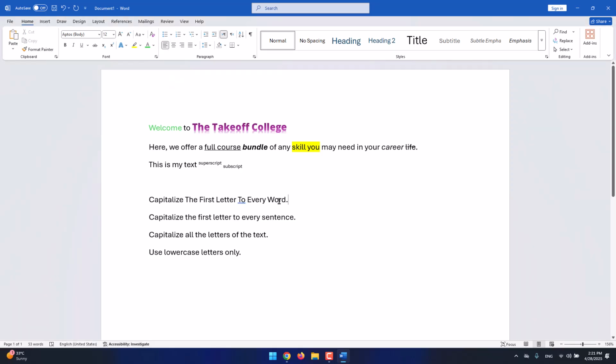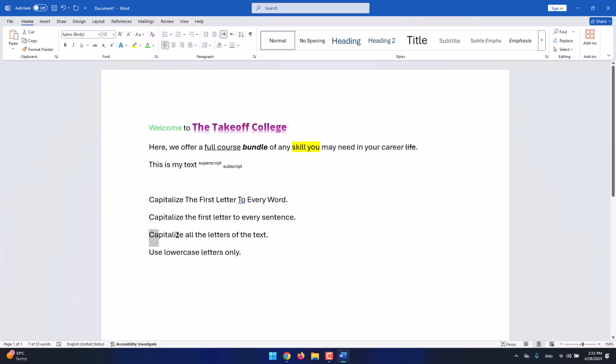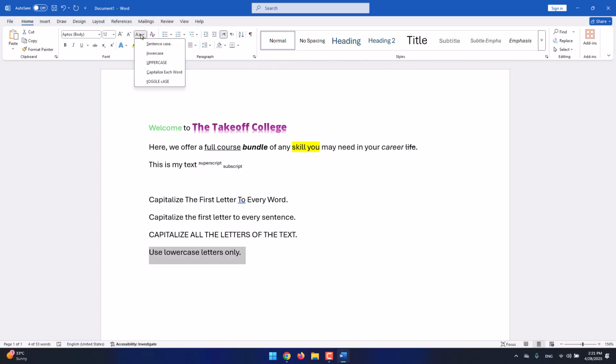As you see, this is how it will become. I can use capitalize the first letter to every sentence. As you see, nothing will change because it is already like that. I can use capitalize all the letters of the text by using the uppercase item. As you see, this is how it works. And we also have lowercase, which will do this to my text. We also have a very interesting one, which is a little bit weird, but is